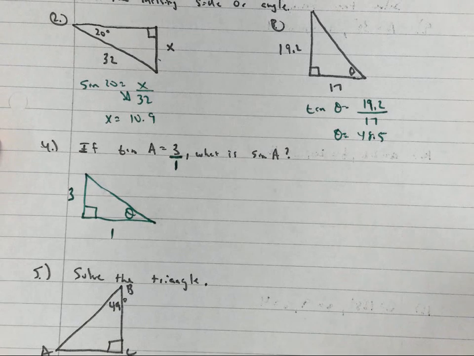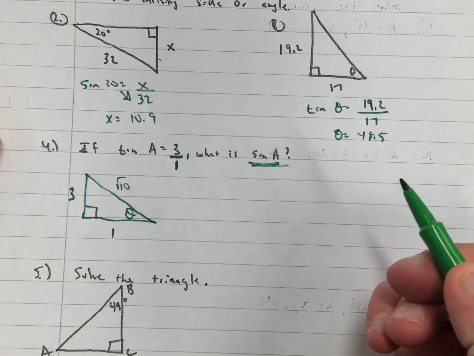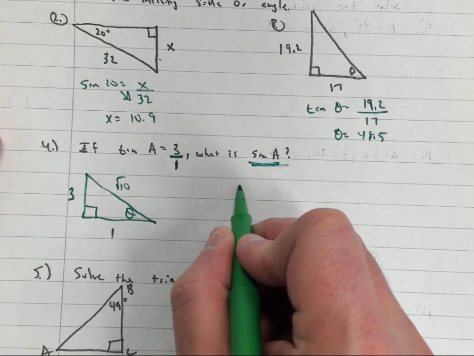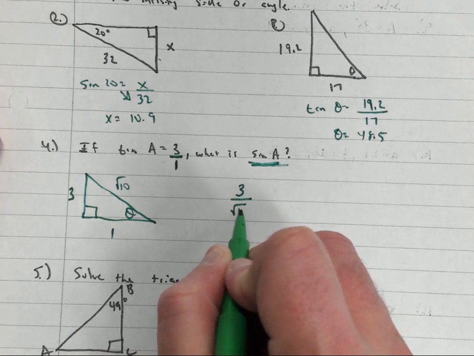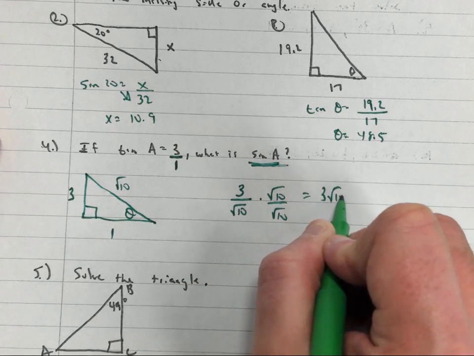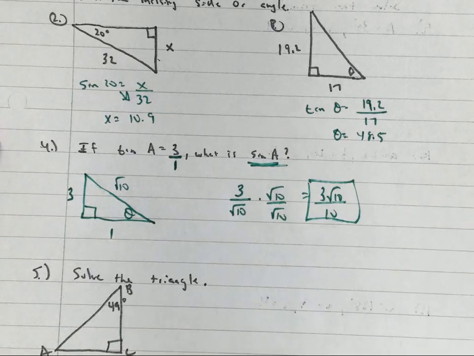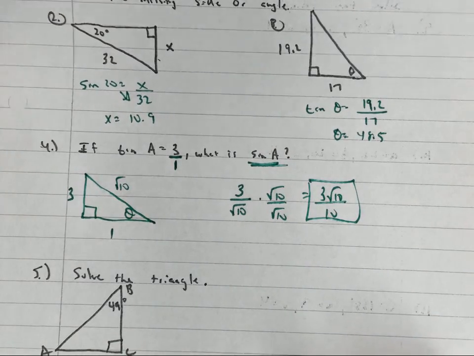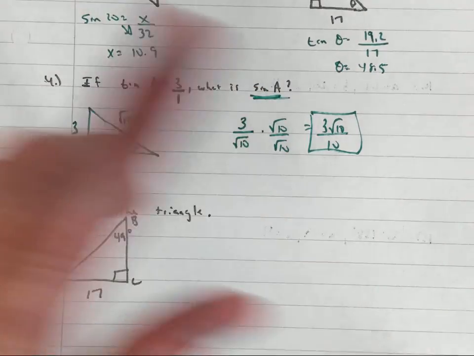How would I find this? Pythagorean theorem. What's 3 squared plus 1 squared? 10, so it'd be square root of 10, wouldn't it? Does everybody understand that? Are we sure? Jace, we good? Now, I want the definition of sine. What's opposite of theta? 3. What's the hypotenuse? I'm going to have to rationalize. So 3 square root of 10 over 10 would be my sine. It only asks for sine, it didn't ask for all 6 of them.